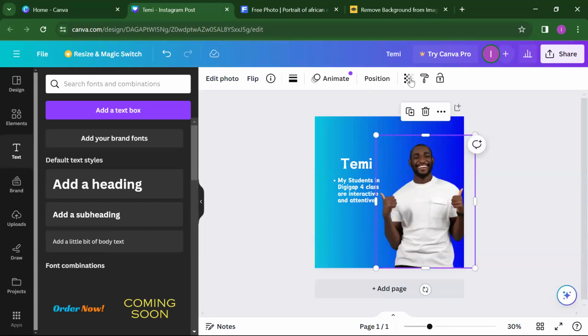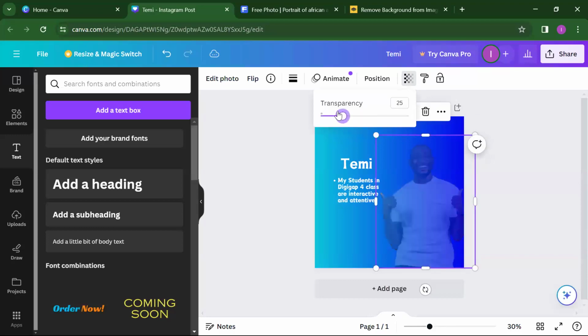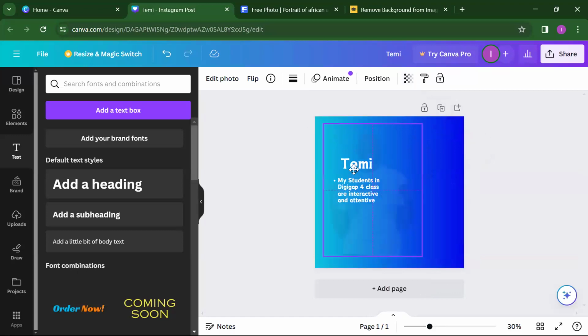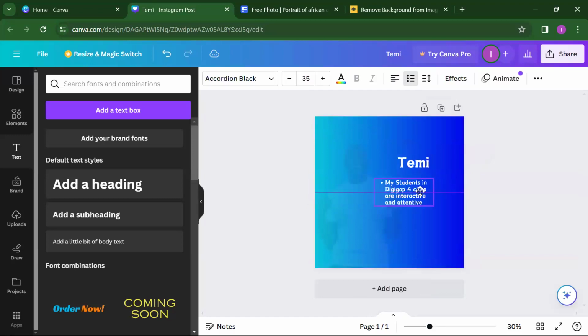I will simply come to this transparency. Transparency is at the top. After you click on the image, I'll go to transparency and then I will reduce the transparency of the image. Maybe I want it to just be at the background solo. I don't want it to be outside too much, too awkward. I'll shift it to the background and make it less transparent,